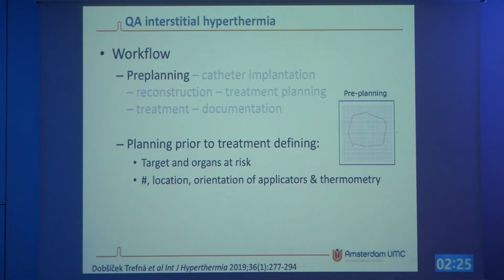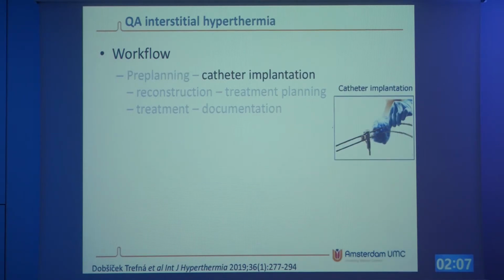So imagine you're heating a prostate, you probably want to spare the urethra, and then you determine the number and location of the applicators, as well as the location of your thermometry. You implant according to that plan,